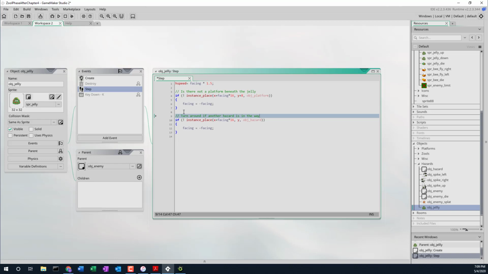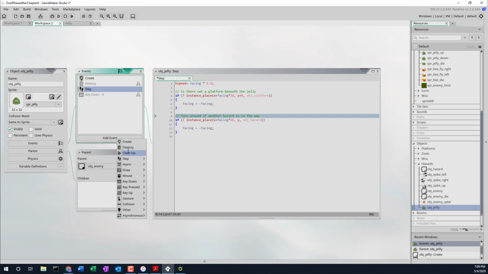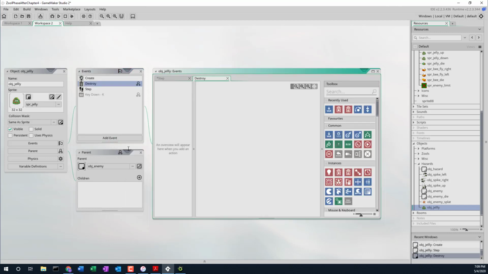Just say in English what you're trying to do in code. That's always helpful. So we're adding now a destroy event, and this is where we line up which sprite sequence or animation sequence we're going to use when the jelly is dying, basically. So in the destroy event, when it's being destroyed, well, what do we want it to do? Well, we want to